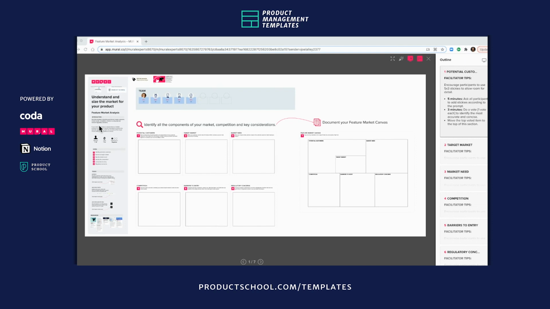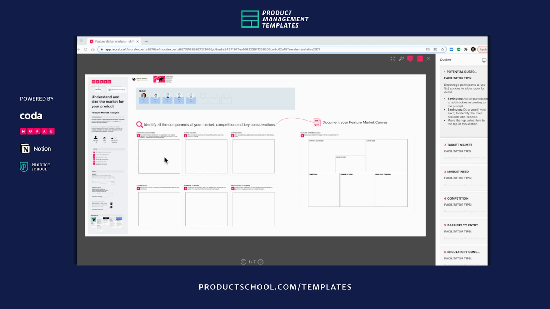Product people, this is a quick walkthrough of the feature market analysis template. You would use this template in this session if you were looking to identify all the different components of your potential market, your competition, any key considerations, and it results in a canvas that you can use and share with